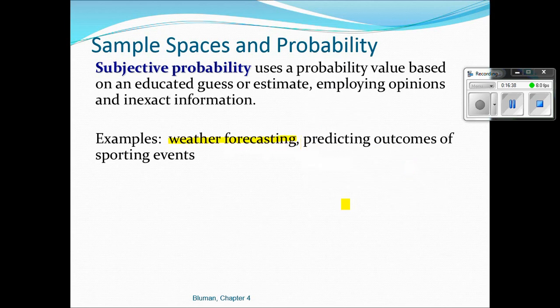Weather forecasting. Okay? Yes, they use data, they use models. It is an educated guess, and they are right actually a pretty good percentage of the time when you consider what they're trying to predict. But they are far from accurate all the time. That's subjective probability. So when they say the probability, the chance that it'll rain tomorrow is 60%,